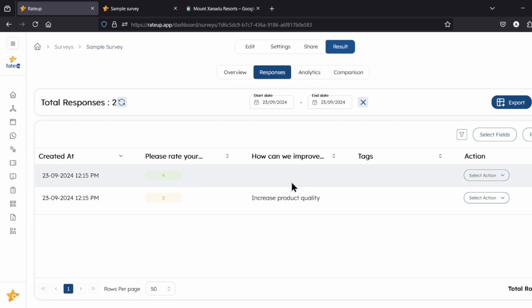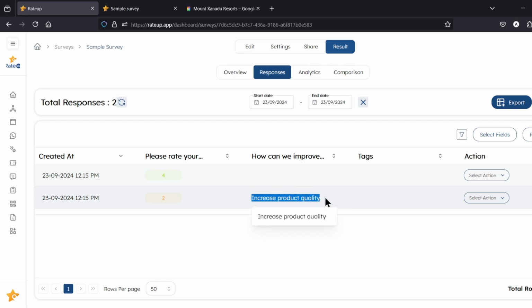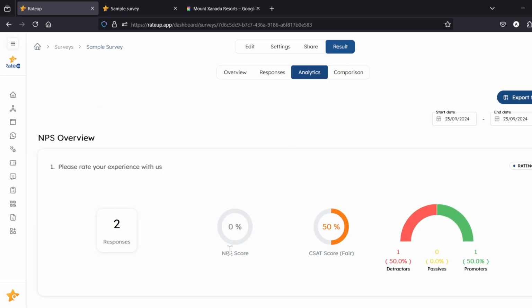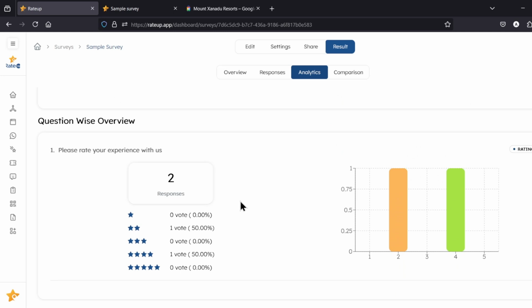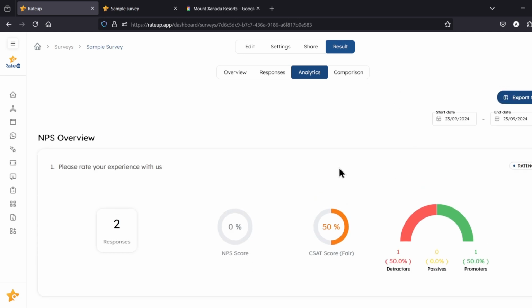So for 4 stars and above, there are no improvement suggestions because they dropped a public review, and for anything less than 4, we can see these suggestions that the product team or you can pass on to respective departments and take further actions. Apart from that, if you click on analytics, you can see the CSAT and NPS scores. And if you scroll down, you can see them in a nice little graph, how people are rating their experience with you. Can be a product or their shopping experience. Okay. So also you can export this data to a PDF or an Excel sheet and share it with executives